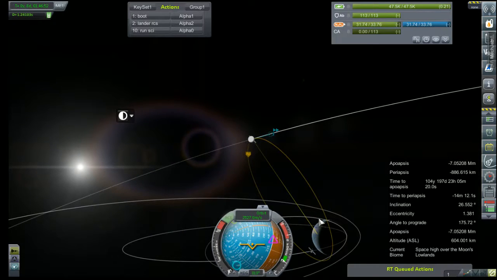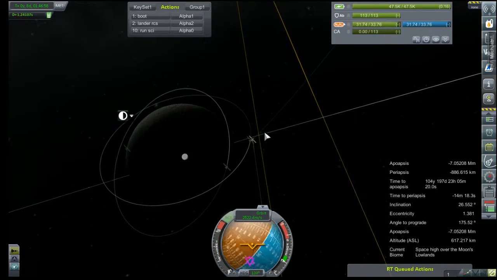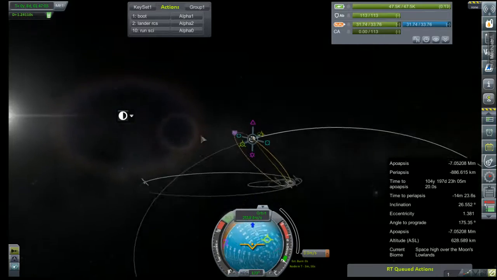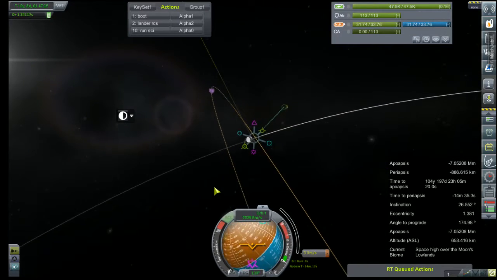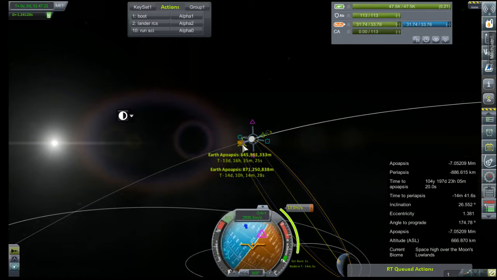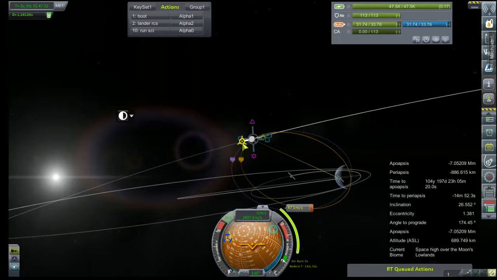Our current course is intercept. Oh, that's awesome. So it shouldn't take but a couple meters a second change here to put this on a free return. Or like 40. I think I'm doing this wrong. Nope. Okay, what am I doing wrong here? Am I really just that...